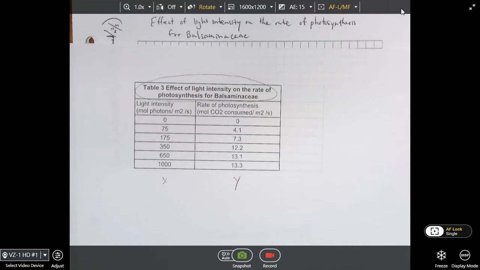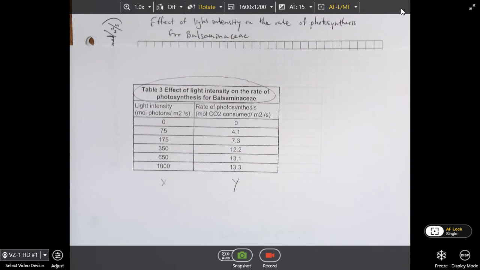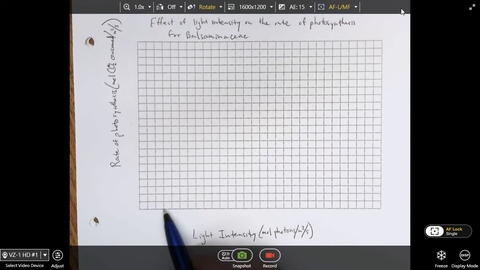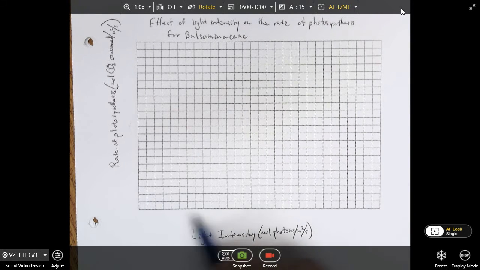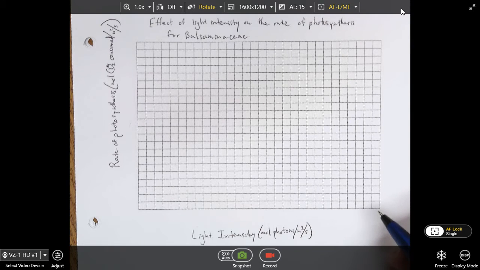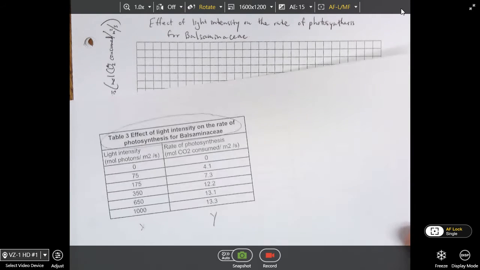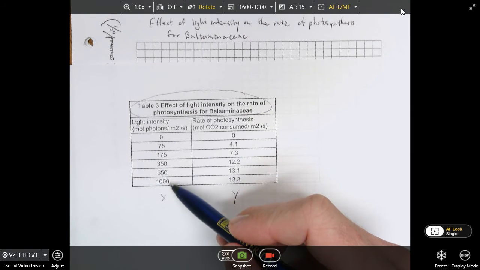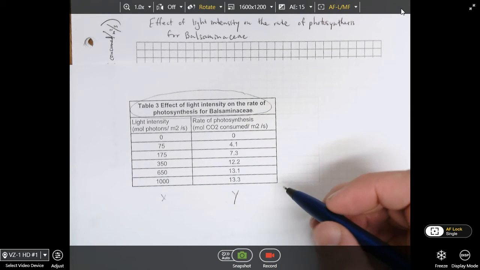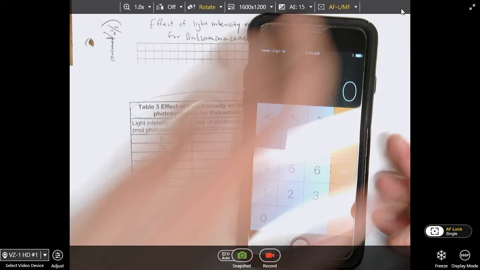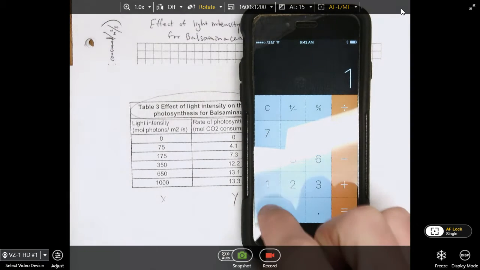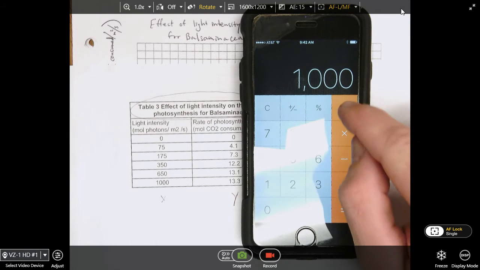So the first thing you need to do is count up how many boxes you have. I counted this earlier so I can save a little bit of time, but I go 1, 2, 3, 4, 5, and there's 30 boxes along the bottom. With those 30 boxes, we need to spread out 1,000. So bring my calculator over here. I'm going to take 1,000 divided by